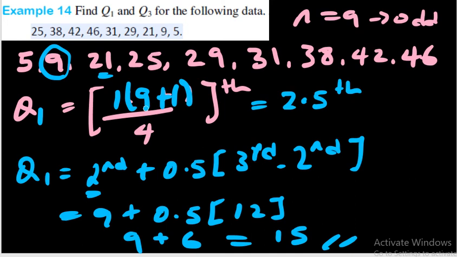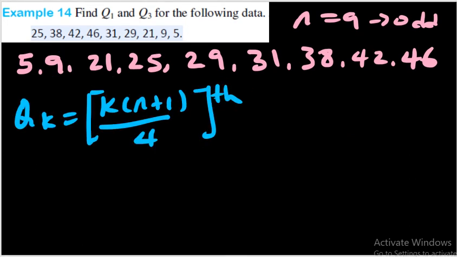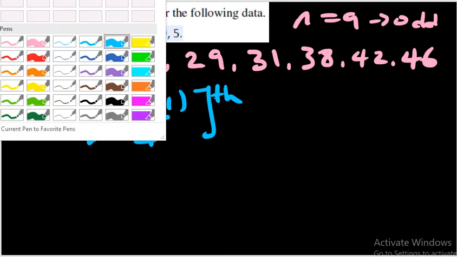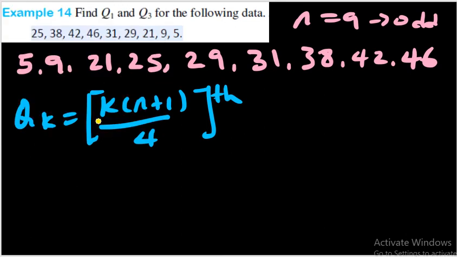What about the third? The same formula we're going to apply. When you go to the third quartile, again the formula Qk equals k times (n plus 1) over 4, th, so when k is 3, I'm going to substitute 3 here, and n is 9, obviously. 9 plus 1 is 10. 10 over 4 is 2.5, which has to be multiplied by 3, which is 7.5